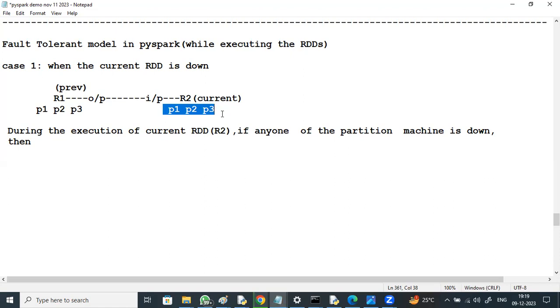By taking the input from R1, where R1 is still available. So it will deallocate, again take the input from R1 and load into three different machines other than those machines, right? Understood now? Still, during the execution, if any one of the partition machines is down,